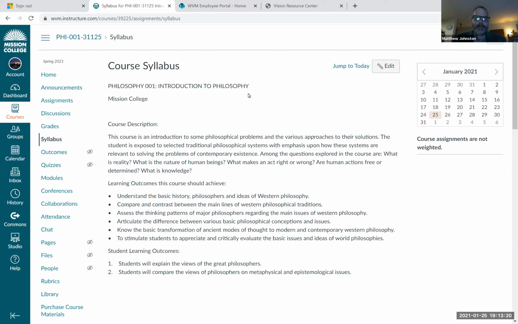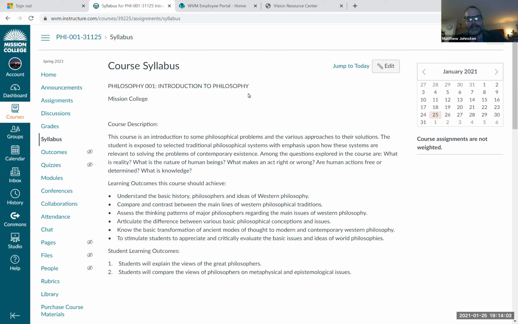Right off the bat, right from the beginning, I want to emphasize the fact that this class is very much primarily about what is reality and what is knowledge. So the first and last question. In philosophy, we call this metaphysics and epistemology. Metaphysics is the question, what is reality? Or anyways, it's the study of reality. And epistemology is the question, what is knowledge, or the study of knowledge? I will touch on the other subjects, or we will touch on the other subjects. But that is the emphasis in this class.